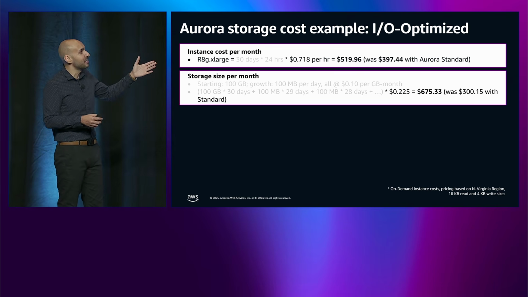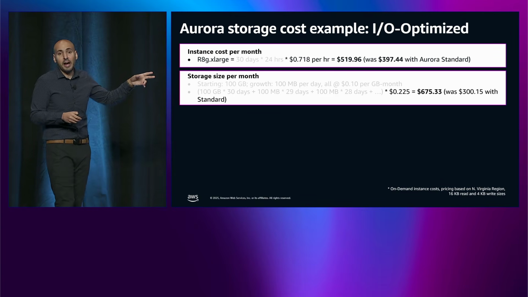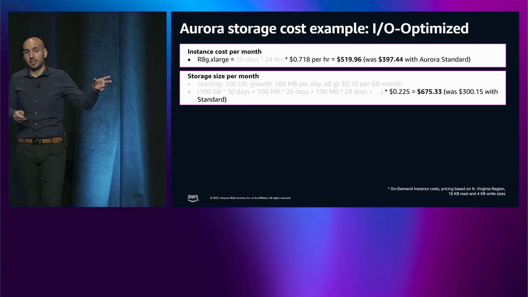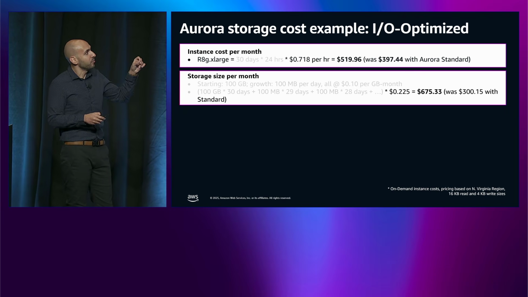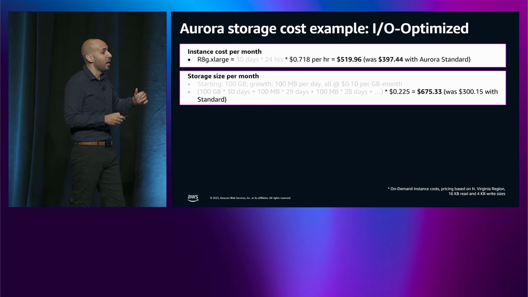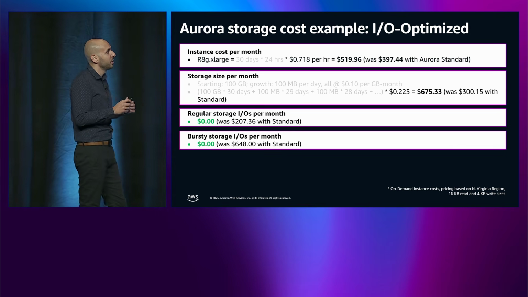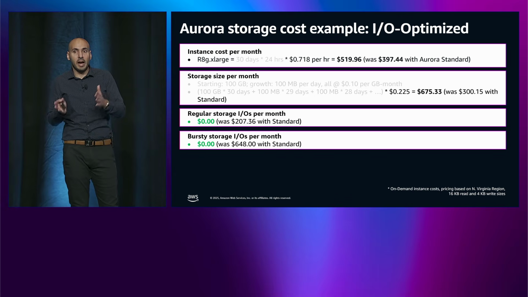So it used to be 10 cents per gigabyte month. Now it's 22.5 cents. It's much higher, okay? So because we have 22.5 cents per gigabyte month, then we know that both compute cost and storage cost are higher. However, and this is where it becomes more exciting, you don't pay anything for the I/O,